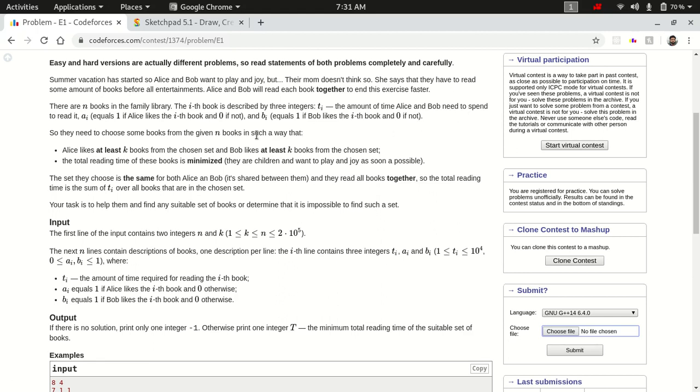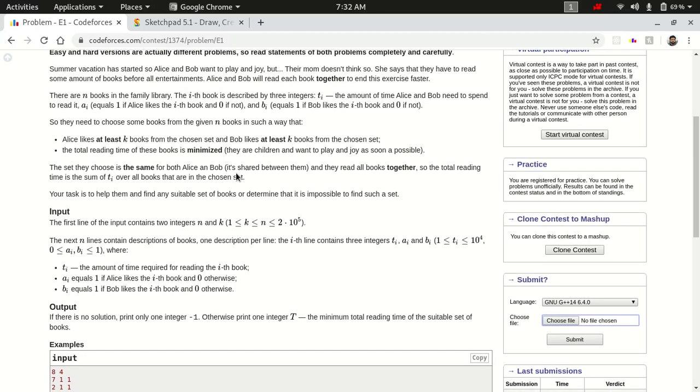The value AI tells whether it is liked by Alice or not. If it is 1, then Alice liked this book, and if it's 0, Alice doesn't like it. And the value BI tells us whether Bob likes this book or not. Similarly, if it is 1, Bob likes this book, otherwise Bob doesn't like this book.